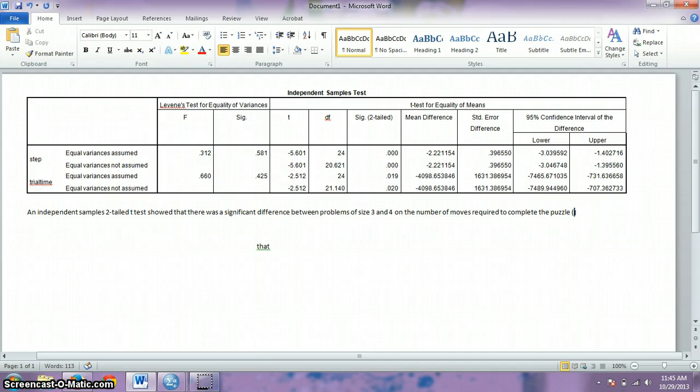And then in parentheses I would report what the statistics are. And here I would say t and give the number of degrees of freedom, 20.6, is equal to negative 5.6. p is less than 0.001. That's all we know. If for the second one you could say p is equal to 0.019, but because this is smaller than we can measure, you would just say it's less than 0.001. That's how you would report that particular test. All right,